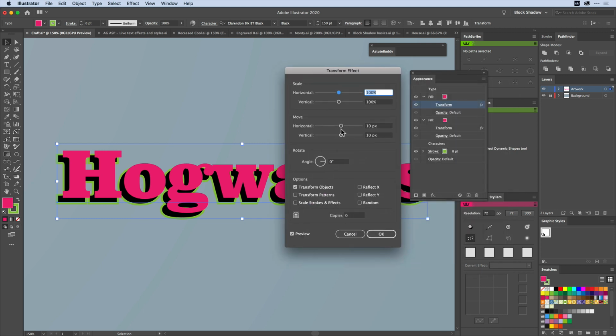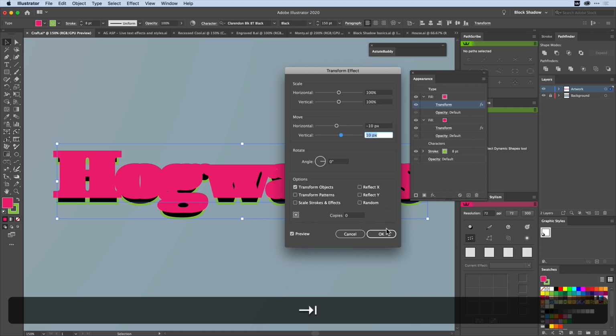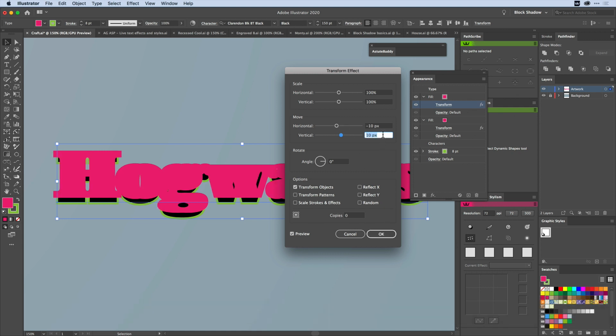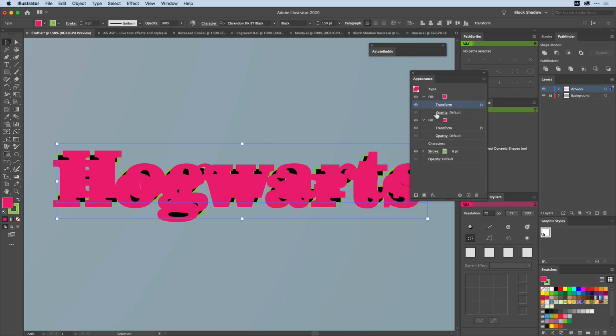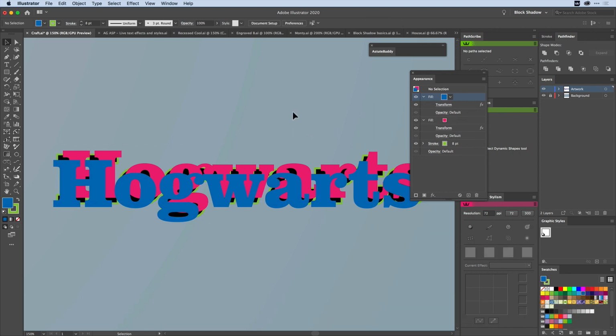I click on it, it opens a transform dialog, and I can move it again. I'll move it, say, minus 10 in this case, and I'll move it minus 10 down here, and I'll give that a different colour. And it's a complete dog's dinner, as people like to comment there, Dave. It's a complete dog's dinner in terms of the design, but you hopefully can see that you've got all these variations on top of each other.